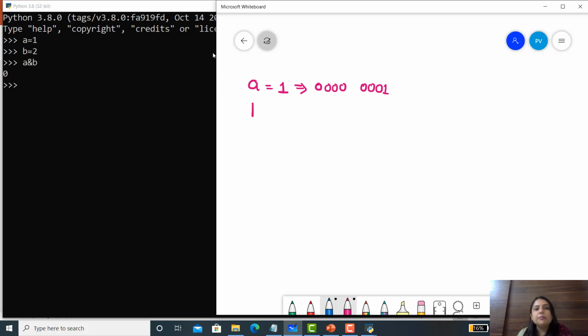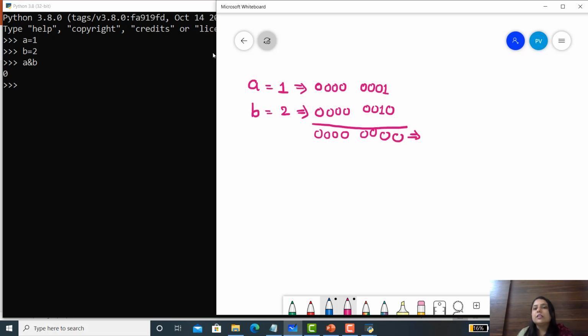B equals 2, which in binary is 0 0 0 0 0 0 1 0. Now just perform the AND operation bit by bit, which gives 0 0 0 0 0 0 0 0.